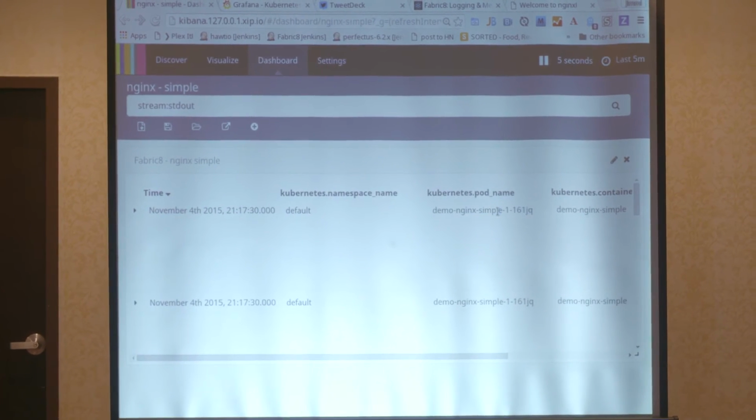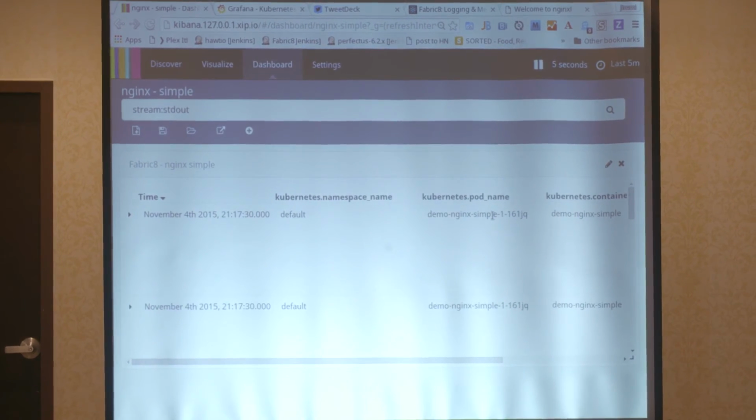There's a slight delay because when you're ingesting a lot of logs, and this is another reason why your microservice comes in so handy, you do stuff like buffer your logs. If I'm writing lots of logs at the same time from lots of containers, I don't want to pump individual events into Elasticsearch in this case. I want to batch them up and put them in, because if I'm doing lots of logging, I don't want to slow stuff down. So I batch it up, buffer it up, and push it in.